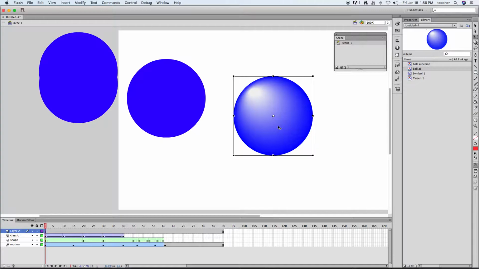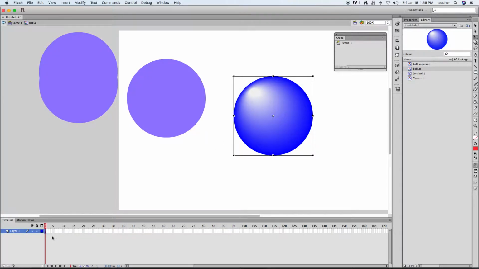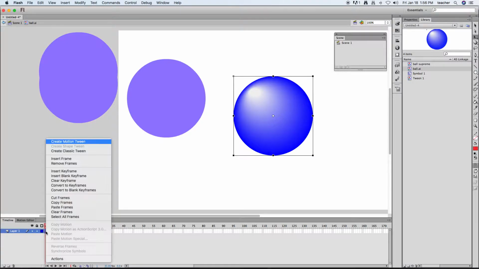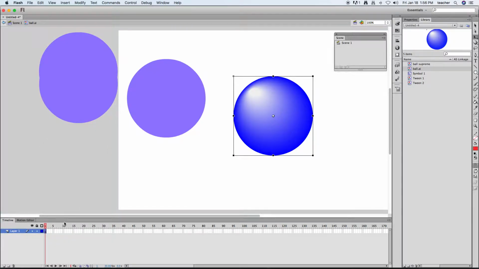And why is this important? Well, if I double click on my ball, I can go in and animate my ball a little differently. So check this out. I'm going to do a little roll. So I'm going to right click, classic tween, five frames later I'm going to press F6. I'm going to click my free transform tool, click once, just rotate a degree or so, F6 again,